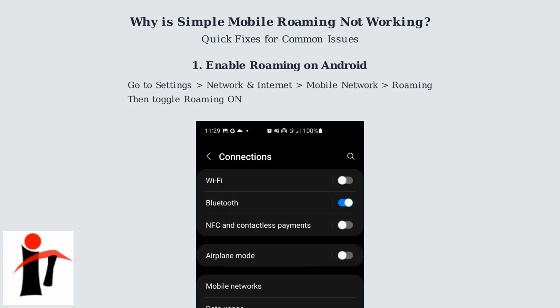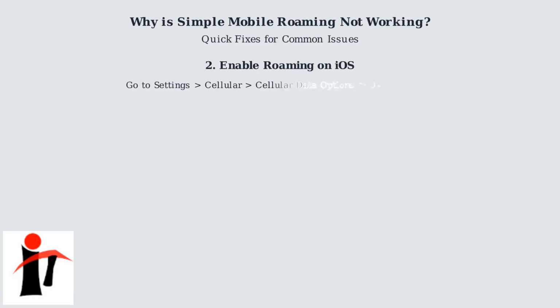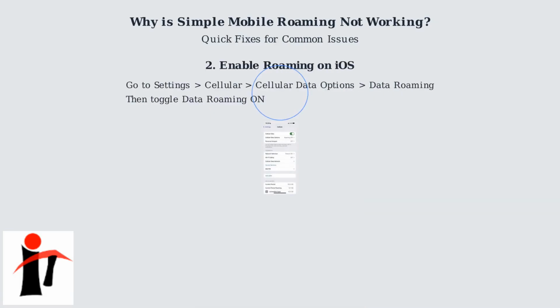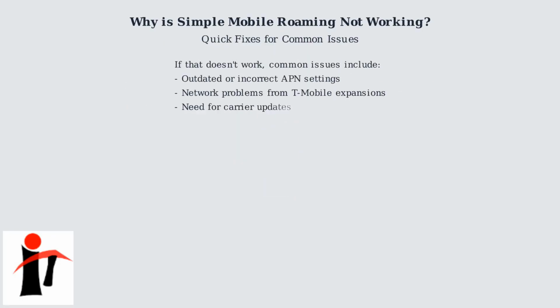Go to Settings, then Network and Internet, Mobile Network, and Roaming. Toggle roaming on. On iOS, go to Settings, Cellular Data Options, and Data Roaming. Toggle data roaming on. If enabling roaming doesn't work, the next most common issue is an outdated or incorrect APN